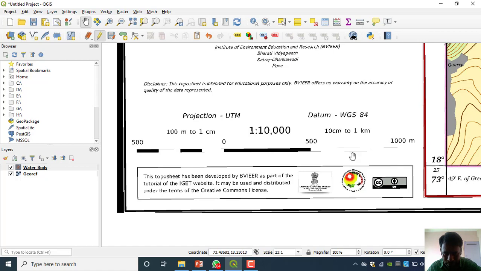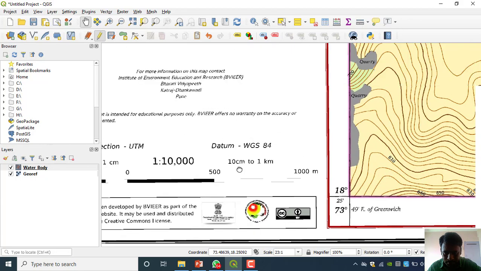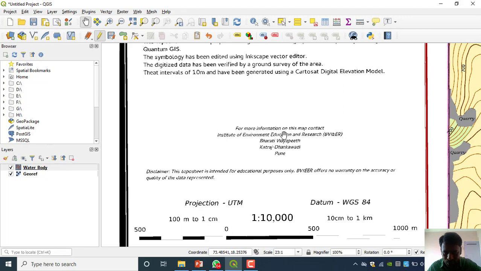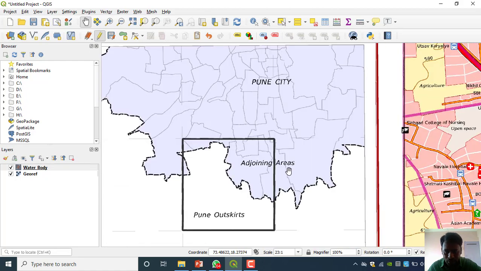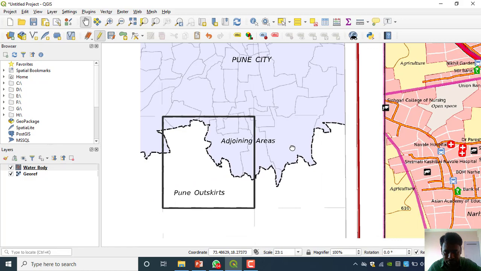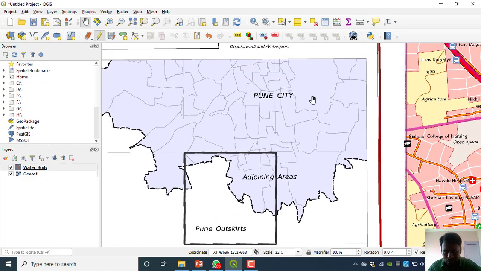Here is the scale, 1:10,000. Here is who generated this map, the authority, everything is there. You should be well aware of that. It is showing which part here on this topo sheet. This is Pune city.